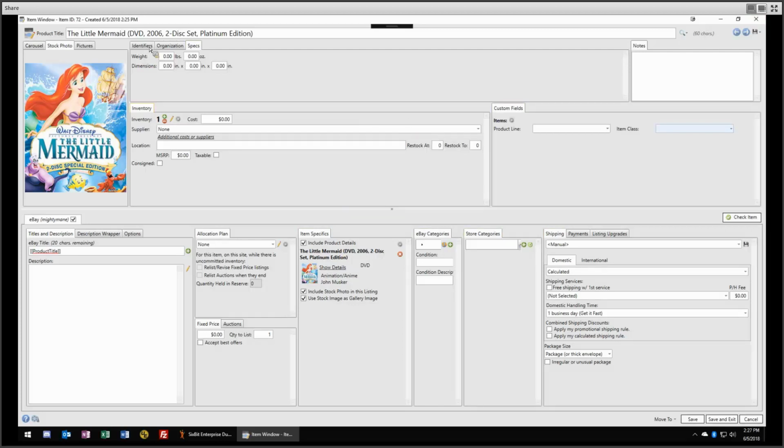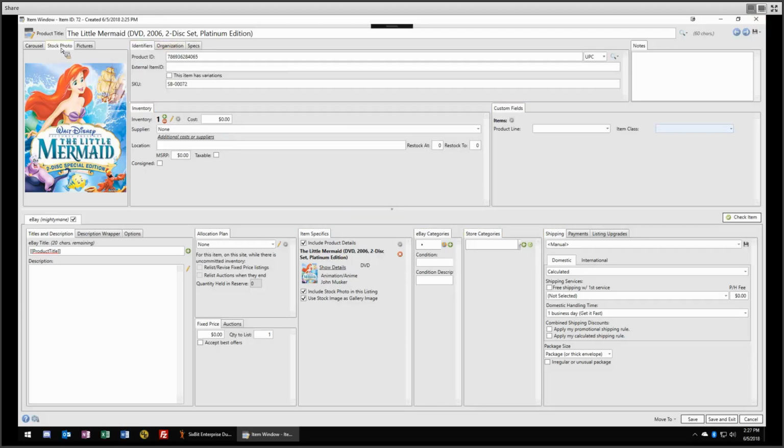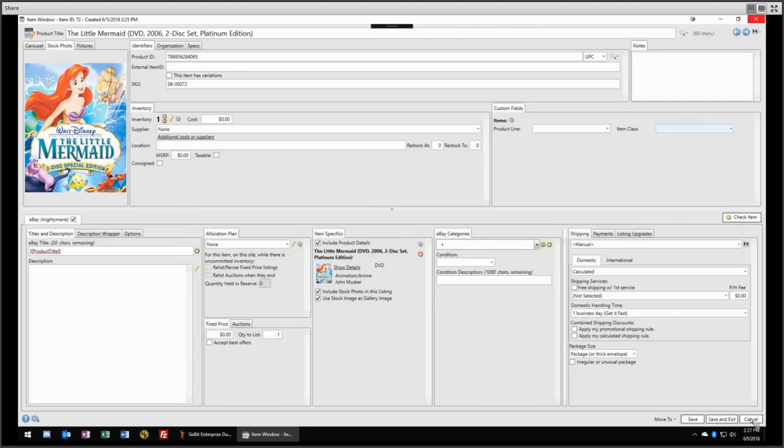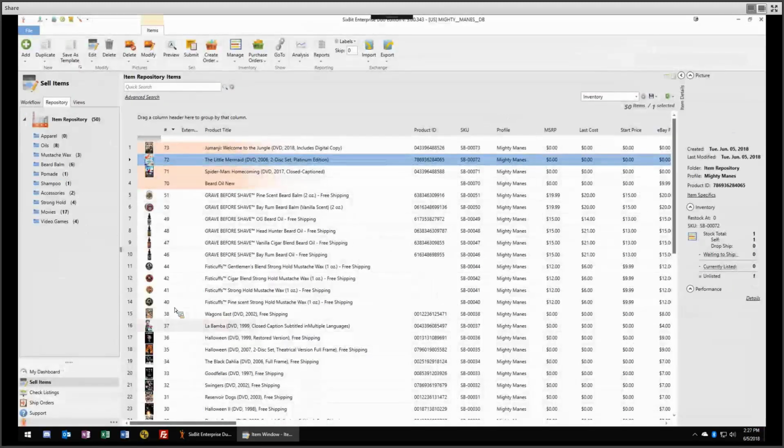But yeah, I don't think there's anything else. The stock photo gets added into its own tab after you import it. Description you have to fill out yourself, pricing, all that information. But yeah, that is pretty much how the site catalog works. Importing catalog items in bulk in this way is pretty fast, pretty efficient